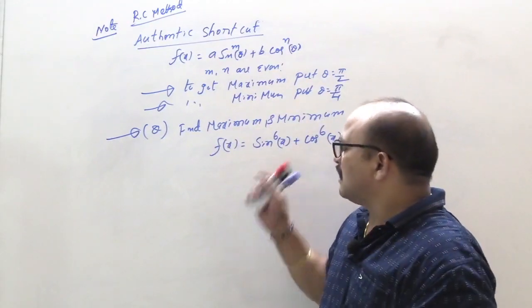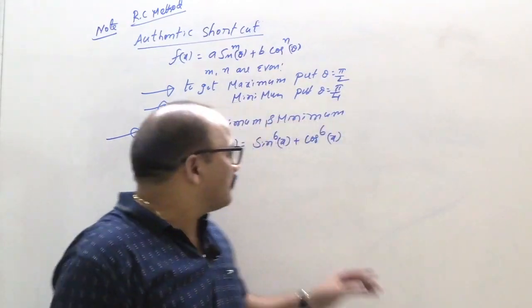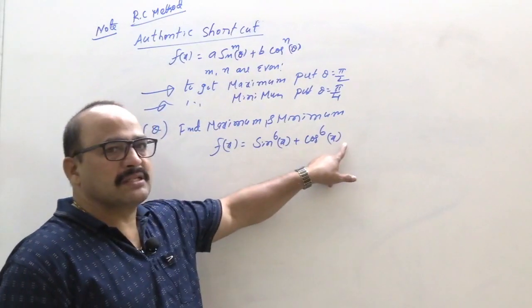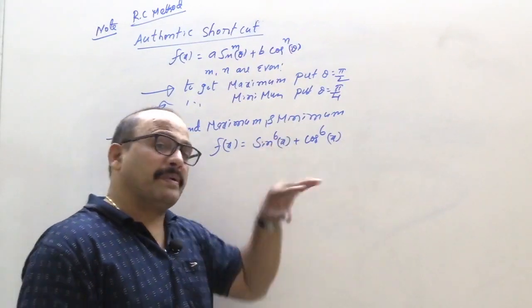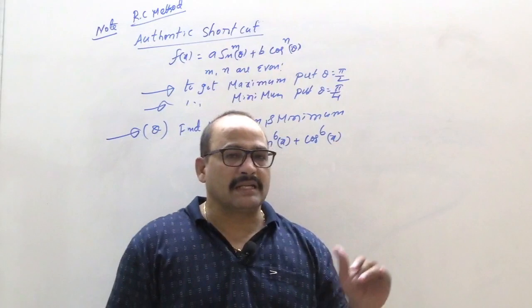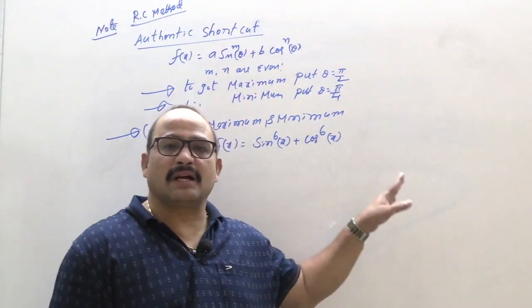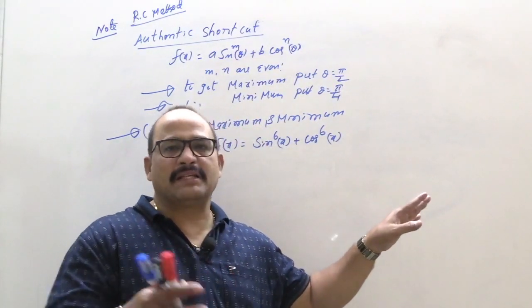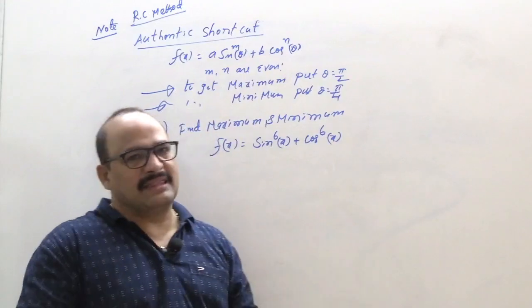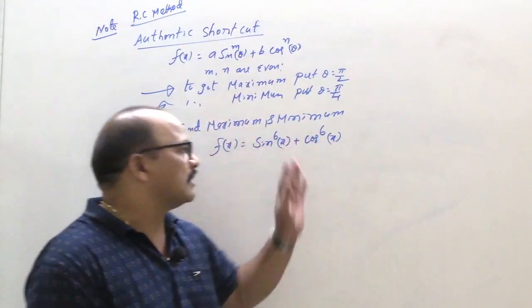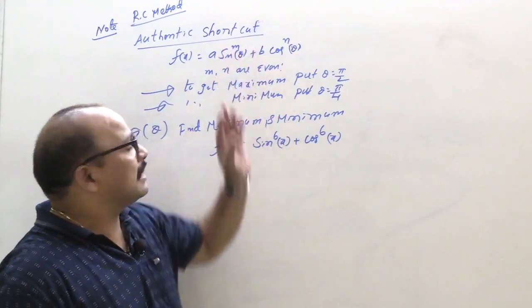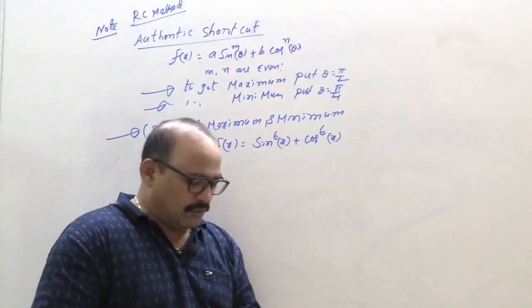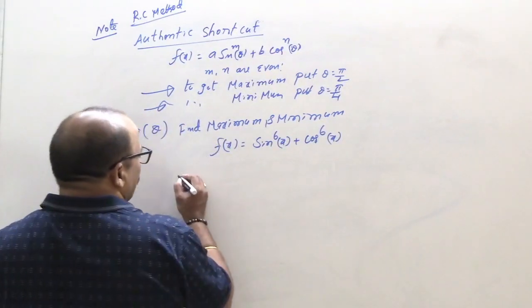Okay, students. Now this problem is actually sin power 6 x plus cos power 6 x. This is converted into without powers, that is equivalent to 1 minus 3 sin square x cos square x. Again, multiplying and jumbling, it becomes something lengthy, nearly half a page of solution. But by using this authentic shortcut, to get that maximum value,